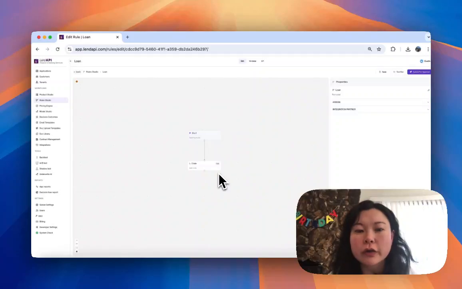In this series, we're going to be exploring all of the different functions and features of our Rules Studio and Decision Engine 2.0. In this video, I'm going to be showing you how to create a nested rule within our Rules Studio. So, to get started,